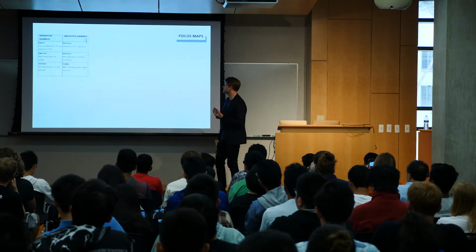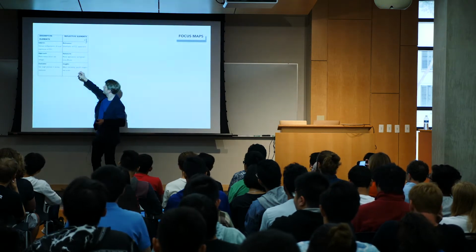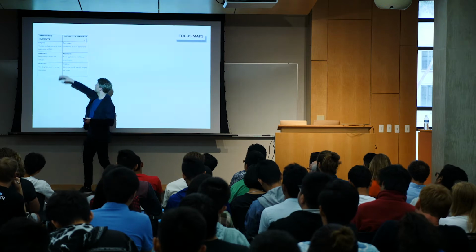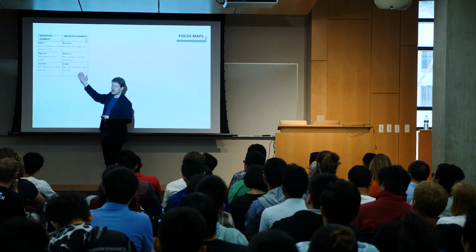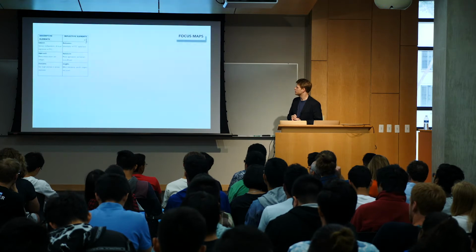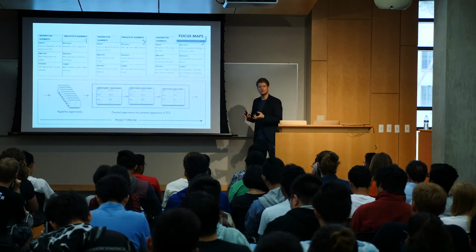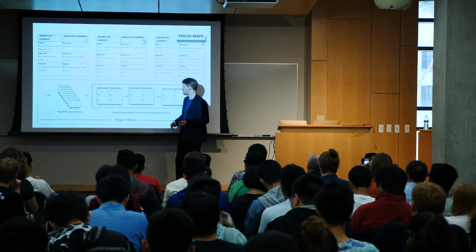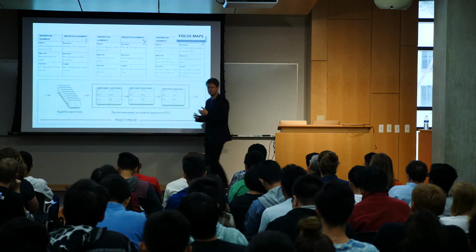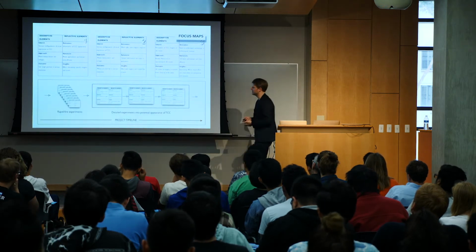And basically, focus maps are maps that try to, for each of these events, describe what it was that we did, why it was relevant to do it at this point in time, which approach we took to doing it, why we took that approach, what came out of it, and which types of insights this brought us in terms of the ongoing project. And for these, we developed a large number of focus maps to try to look at each individual situation. So in many cases, you would actually end up with a design session being comprised, for instance, of a series of rapid fire experiments to try out different variations on the same theme,